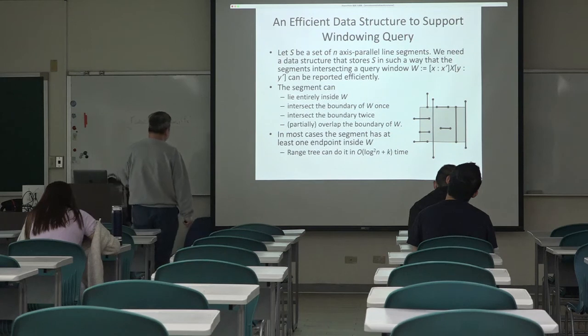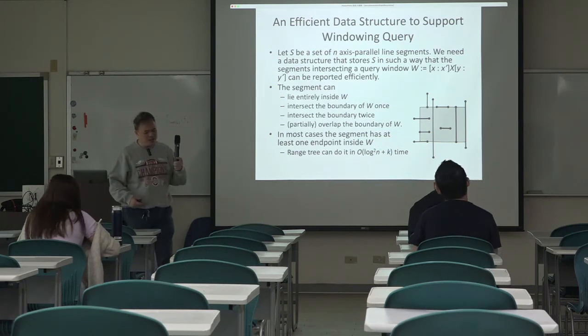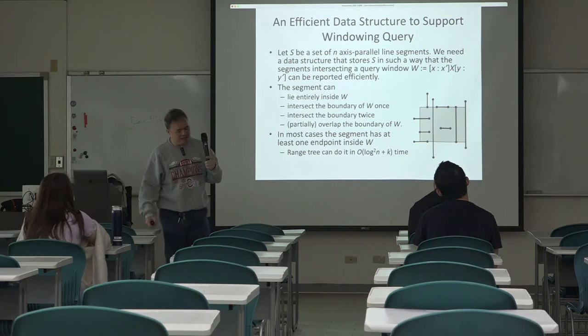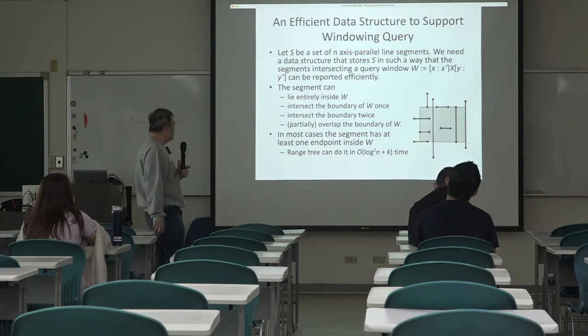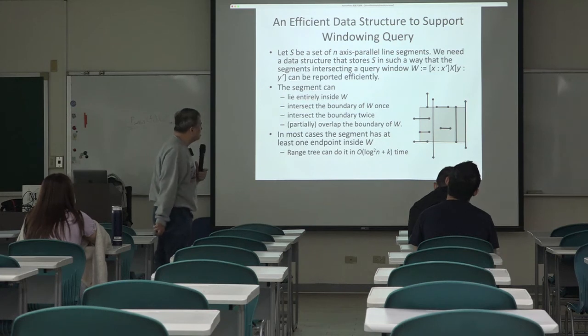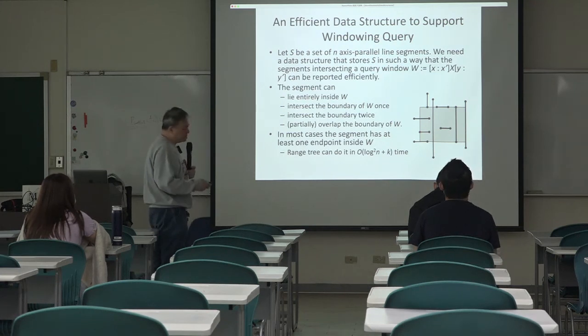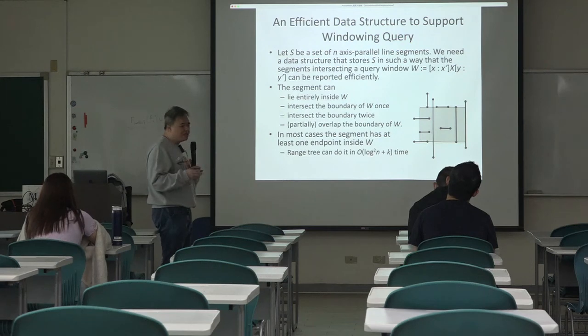So you may ask, why can't we just check if every segment falls in this region or not? The answer is, first, we want to do it more efficiently than that. Second, think about,